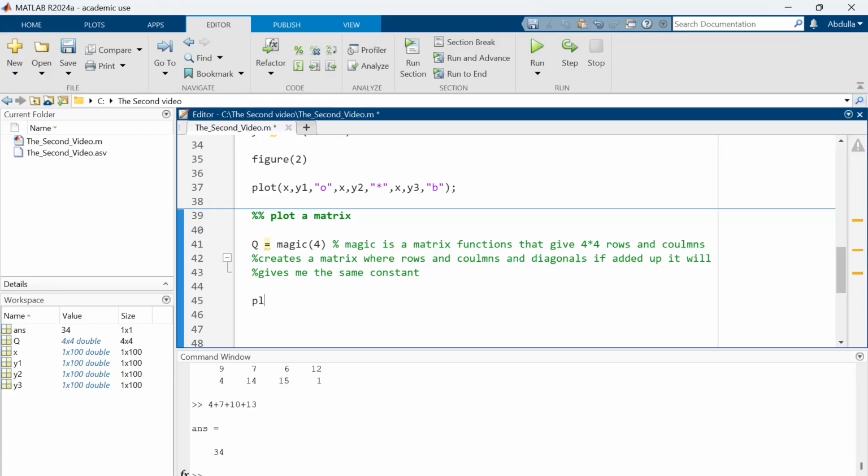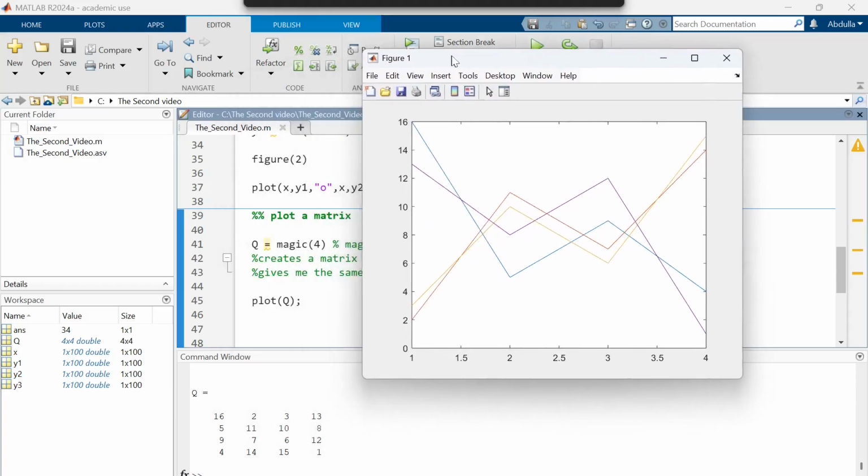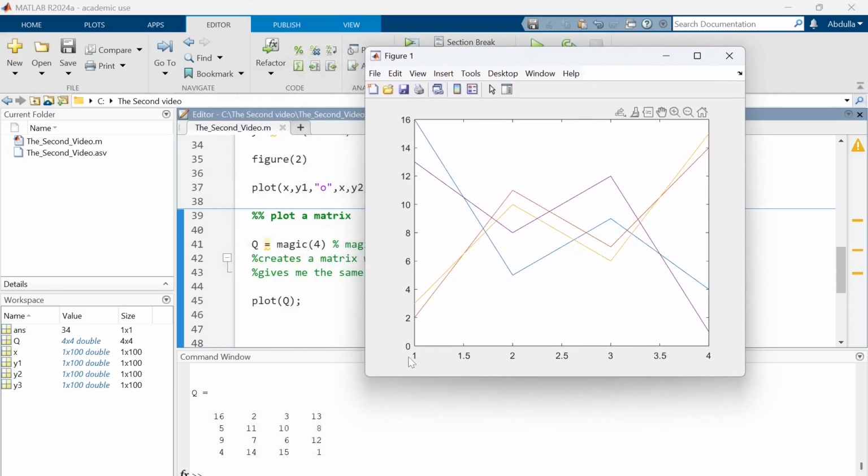Okay, so let's now try to plot Q. Let's see what we can get. Here we go. We got a very decent graph from 0 to 4 and 0 to 16. MATLAB actually specifies our x-axis and y-axis because the maximum number here is 16, so it makes this for the y-axis, and from 0 to 4 for the x-axis, in a way that is the best to represent